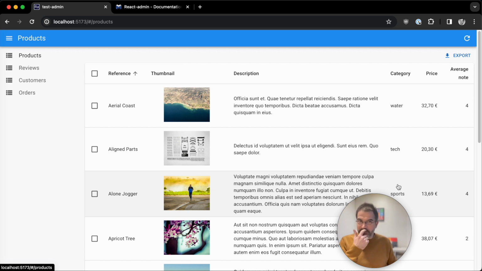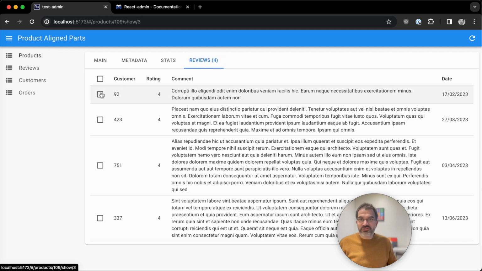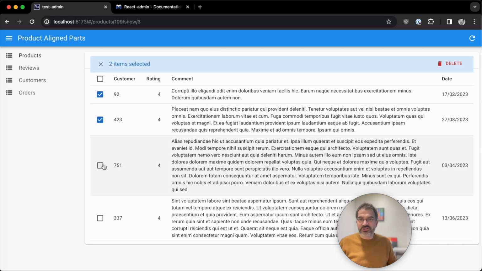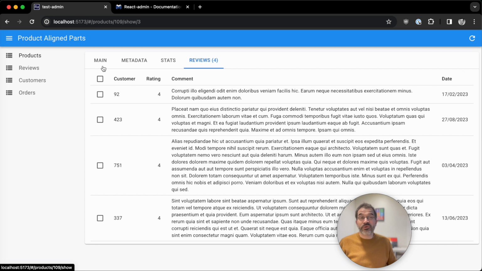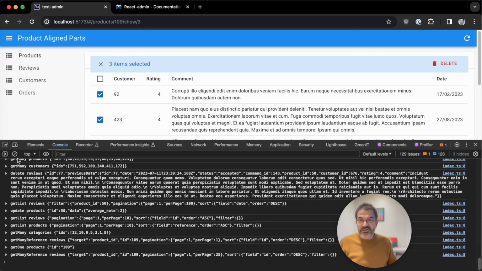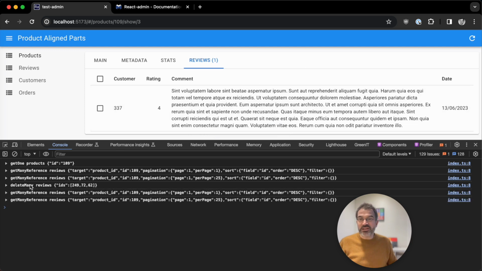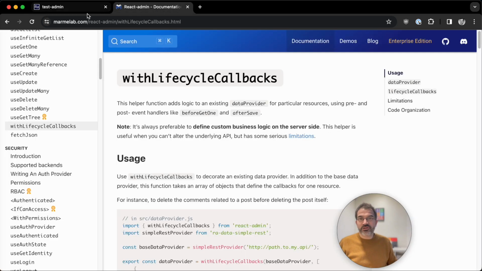It's working, but not in all cases, because as you can see here in the list of reviews, I have a checkbox that reveals a delete button, which is actually bulk deleting, and it will not call the after delete function, because when I do this, it doesn't call dataProvider.delete. It calls, you will see here in a minute, dataProvider.deleteMany. So I also need to add a hook for the deleteMany